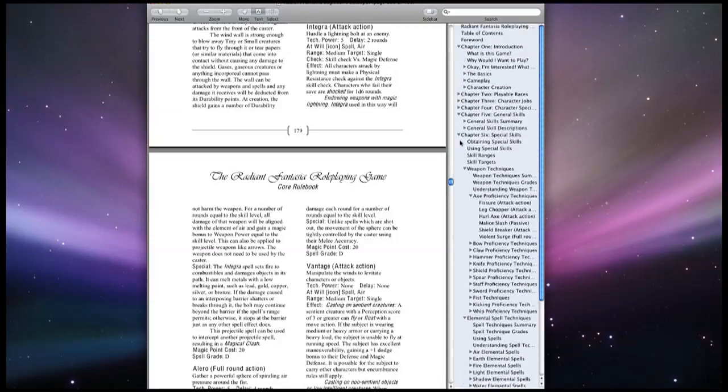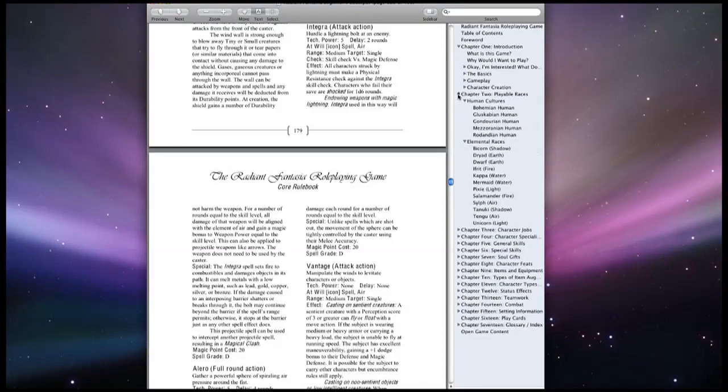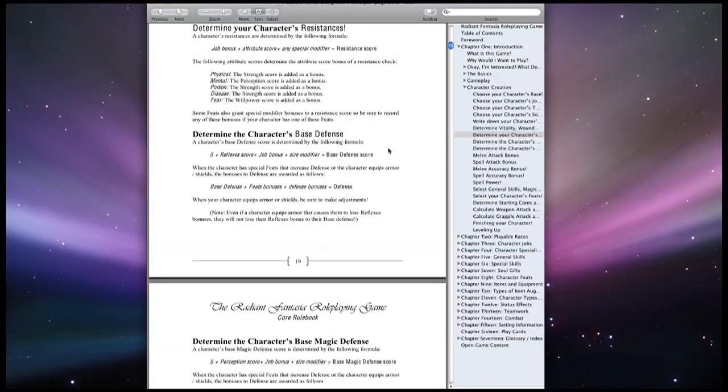Now, some other changes I've done is I've really gone back to the older D&D way of having resistances. Go into character creation, and you'll be able to see where it is. Where the hell is it? Your base defenses, and then...